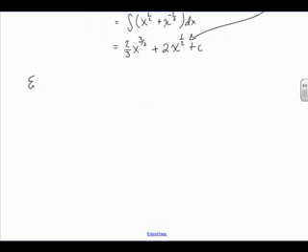All right, one more. We need to integrate cosine x over sine squared x dx. You need to be a little creative there. Look back at your integration formulas. You know, if we had